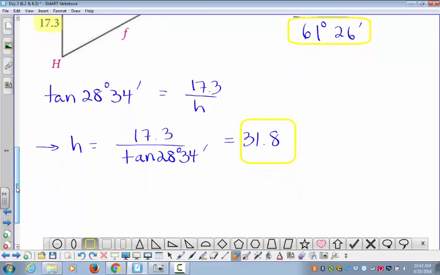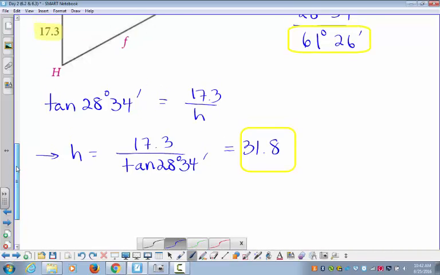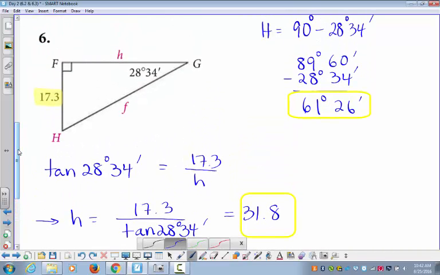All right, so the last thing that we're looking for is f. And if we look up here and let's just keep focusing on the 28°34' since it's in the triangle, we can see it. What trig function would we want to use for that? We use the 28°34' and the 17.3. Yeah, we'll use the sine function. Very good. So we'll say the sine of 28°34' is equal to